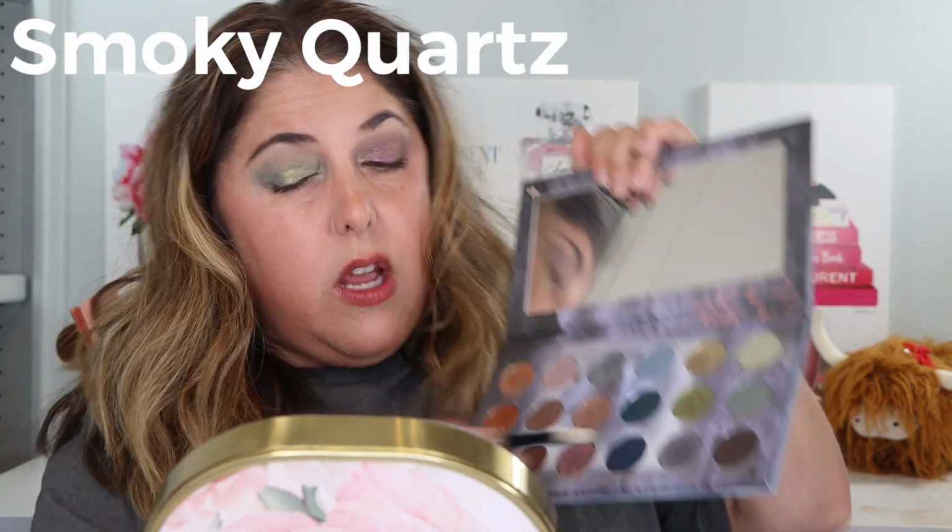I'm going to bring that all the way there. Let's just for fun use one more. Let's go into this silvery shade here and just put that into the inner corner. Well, this Merit brush is great. I've never really used it on powder shadows before. What